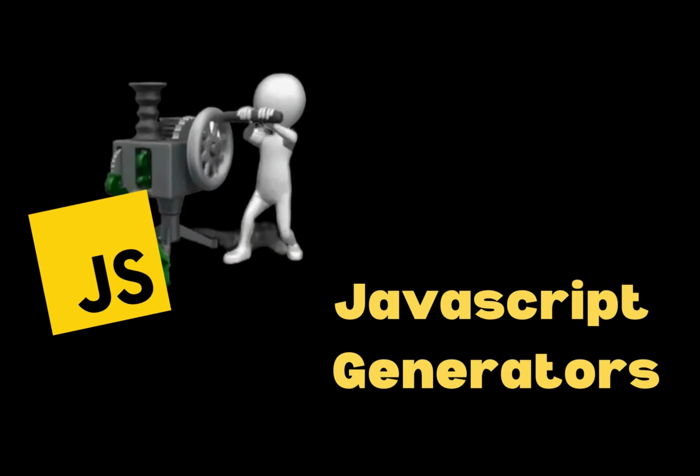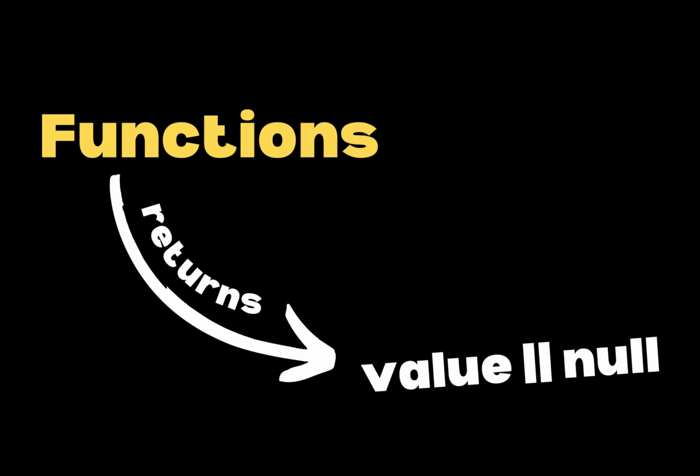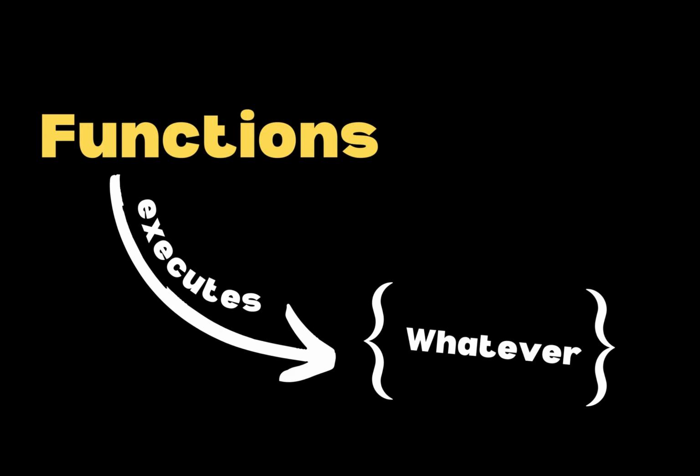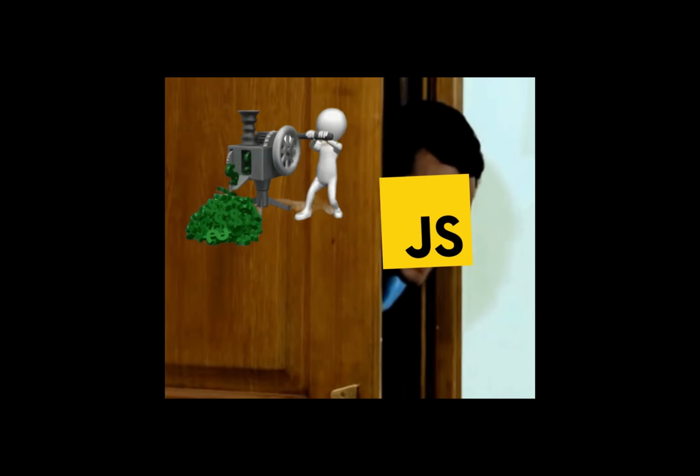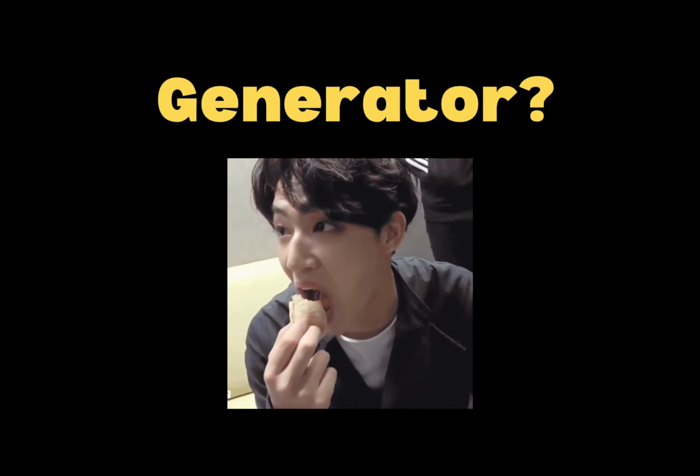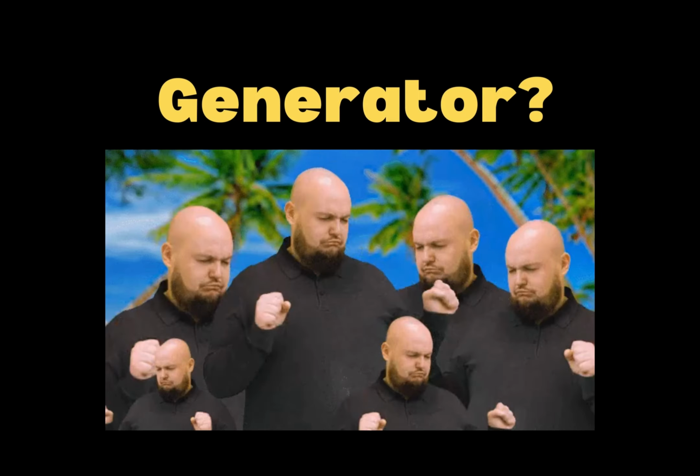JavaScript generators. In JavaScript, we have functions that return a single value or even nothing. And when a function is executed, it executes everything in it at once. Enter JavaScript generators. A JavaScript generator is a function that can be paused and resumed, which can yield multiple values